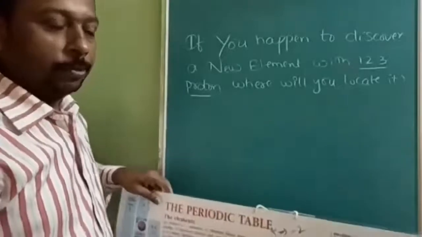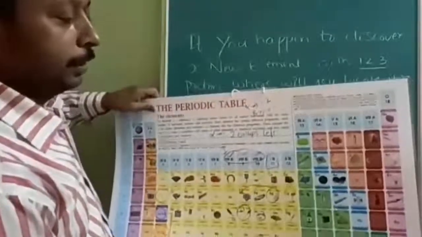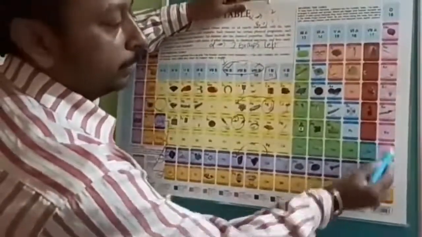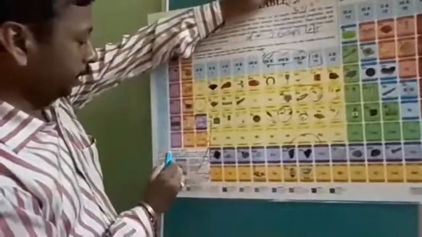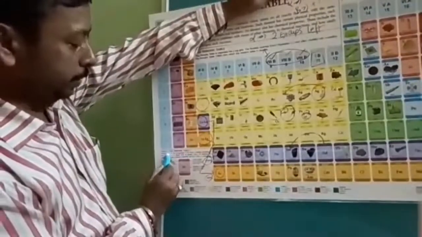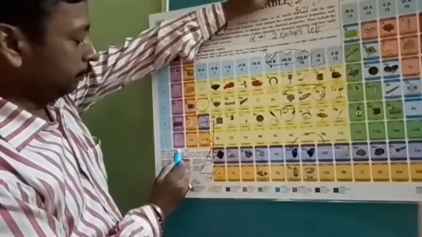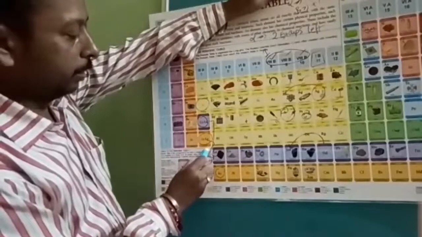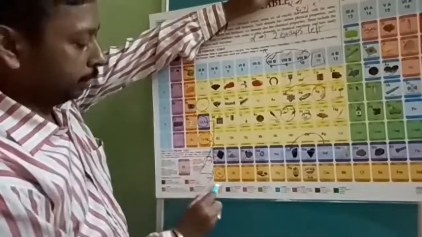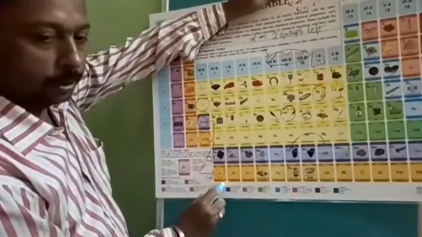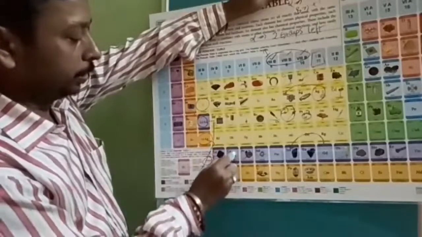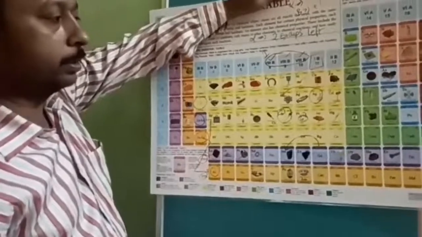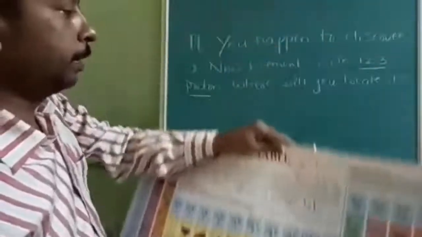Okay, I hope all of you have written the correct answer. See here. The current periodic table we have ends with 118. Then we will start the next period. What will be the next period? The 8th period. Then 119, 120, 121. After 121, we will not go forward. We will come here and accommodate here. 122, 123, just below thorium. Below thorium, it is going to be accommodated. Is that clear?